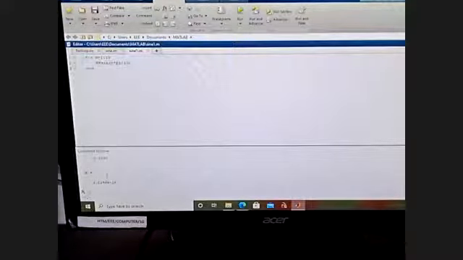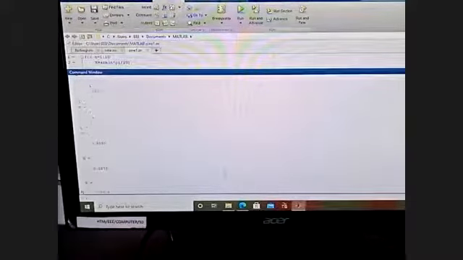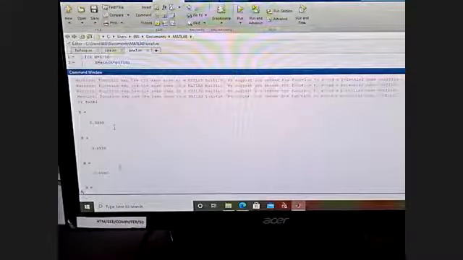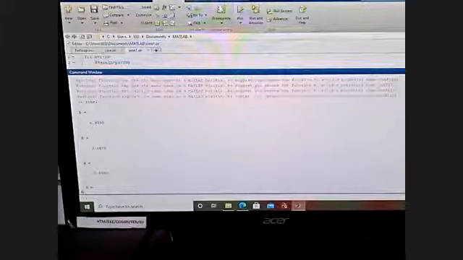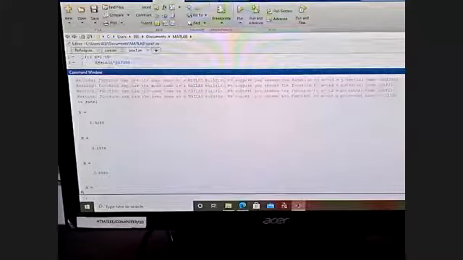See here, these are the x values. How many x values? 10 values we have to get. See, there are 10 values for x. Sine 1, this is the first value: sine of n is 1 into pi by 10. Pi by 10 value is 3.14 by 10. This is the first value. Second value is 2 into pi by 10.